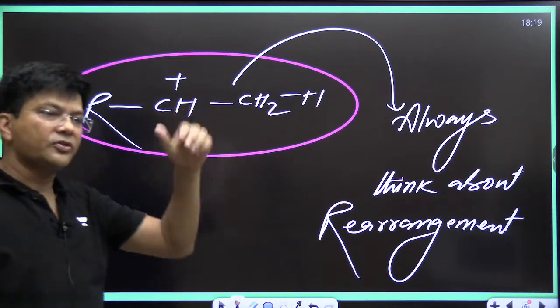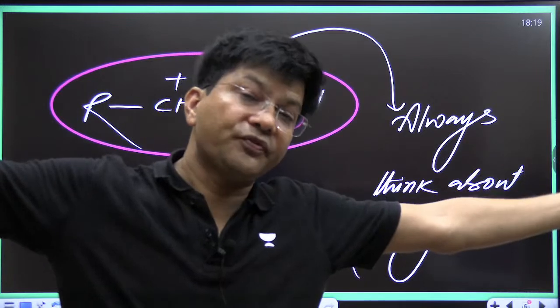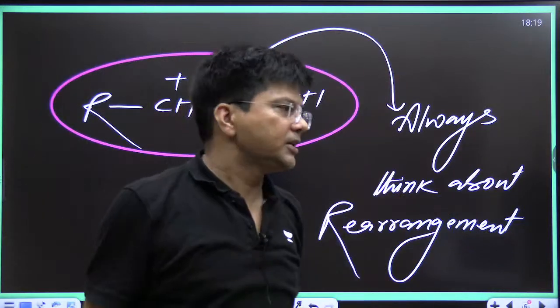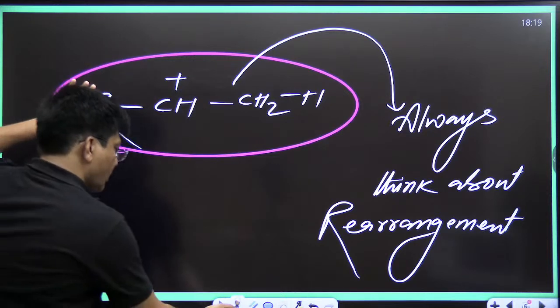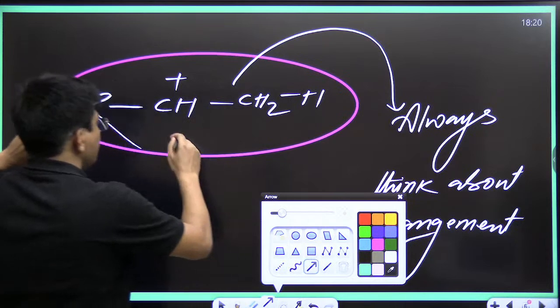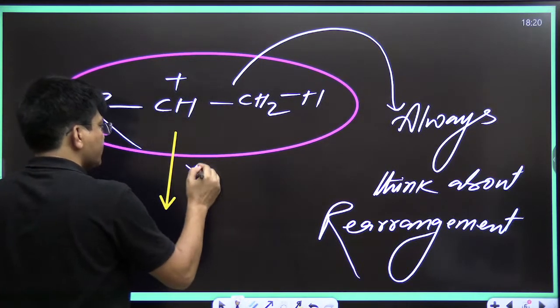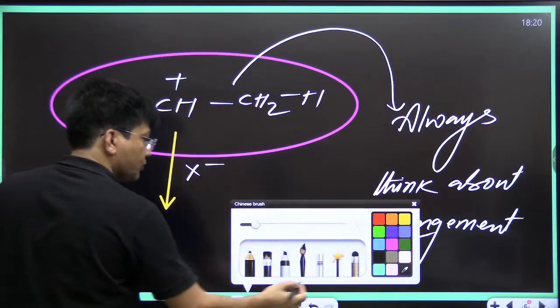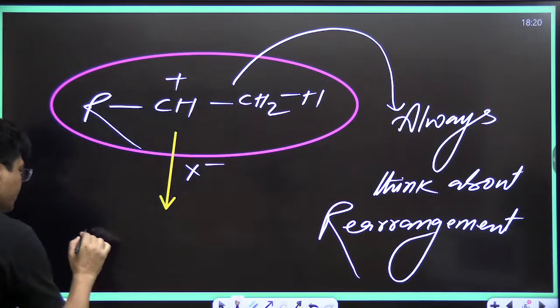So you know the types of rearrangement: hydride shift, methyl shift, ring expansion. So if the rearrangement is possible, then do it, or if not possible, then add X negative to it, and that will be your first step. Add X negative to this and you will get the product, my dear students,